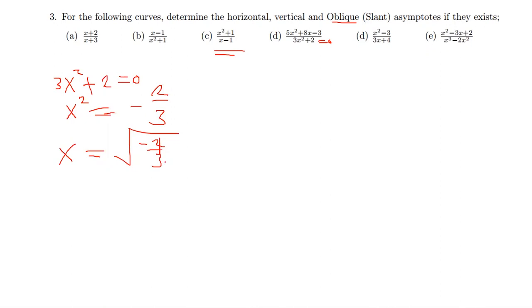So this simply tells you that the expression here does not have the vertical asymptote. Yeah, so we can proceed. So the expression has no oblique